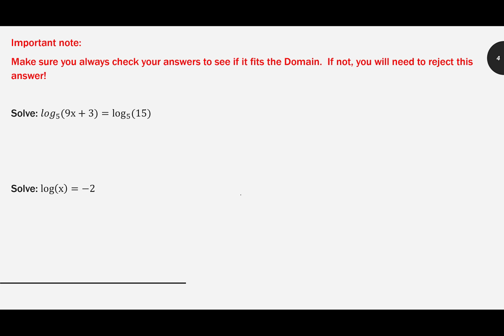Here's another one. I have log base 5 of 9x plus 3 equals log base 5 of 15. So logs on each side, that's the one-to-one property. 9x plus 3 is 15. Let's simplify that. Subtract 3. I have 9x equals 12. Divide by 9. Now I have x equals 12 over 9, and 12 and 9 are both divisible by 3,